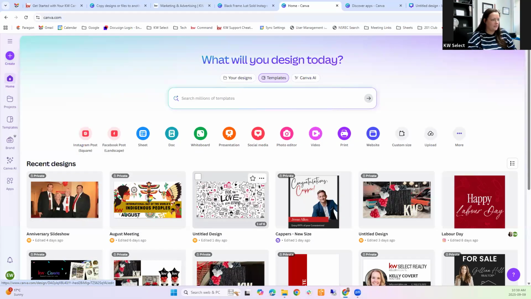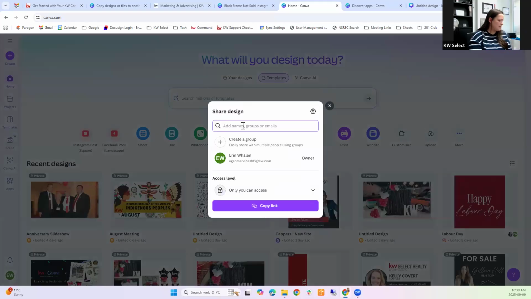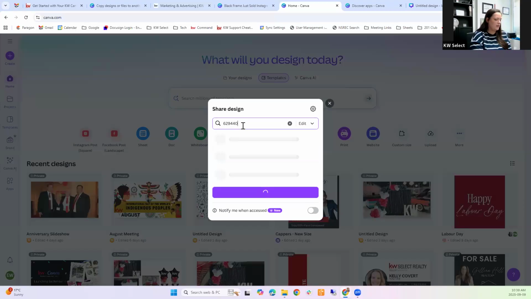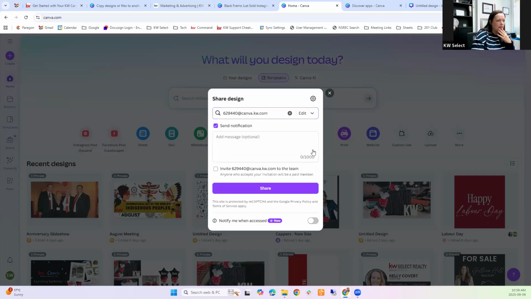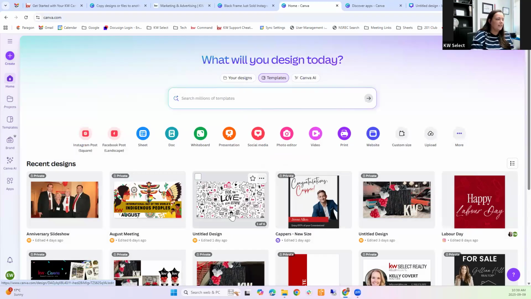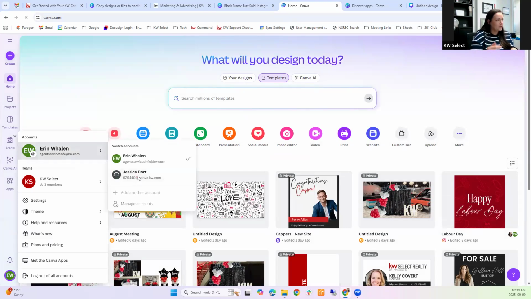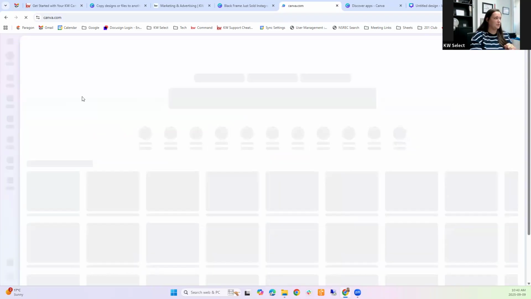So let's say I wanted to share this design from my personal Canva. I'm going to click the three dots. I'm going to go to share. And then I'm going to type in that email address. So mine's 629440 canva.com. You'll want to make it so they can edit it. And then you're going to click share. So you just go through your designs and share that to that email address. Then when you switch back to your KW Canva,